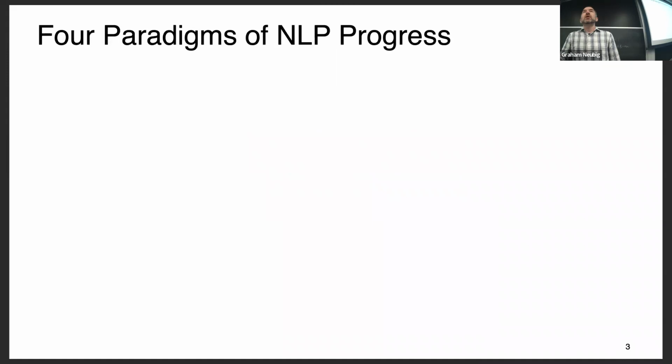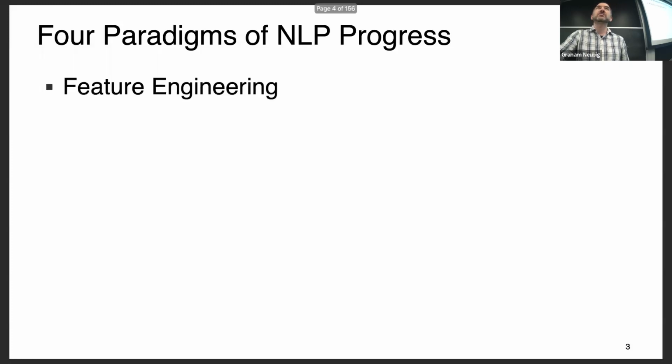Okay, so there have been four big paradigms of NLP progress in recent history. At the very beginning of NLP, we tended to have rule-based systems where we went in and actually specified the behavior of the system by hand. These are still used in some industrial systems due to how easily predictable they are, and you can go in and make things do essentially simple and predictable things.